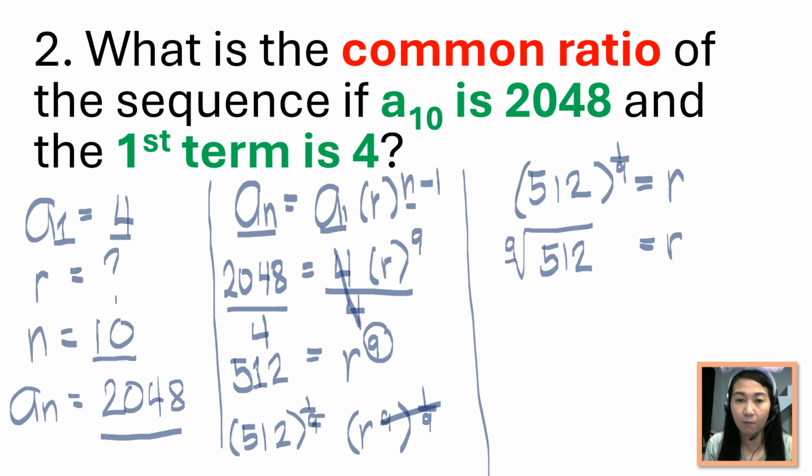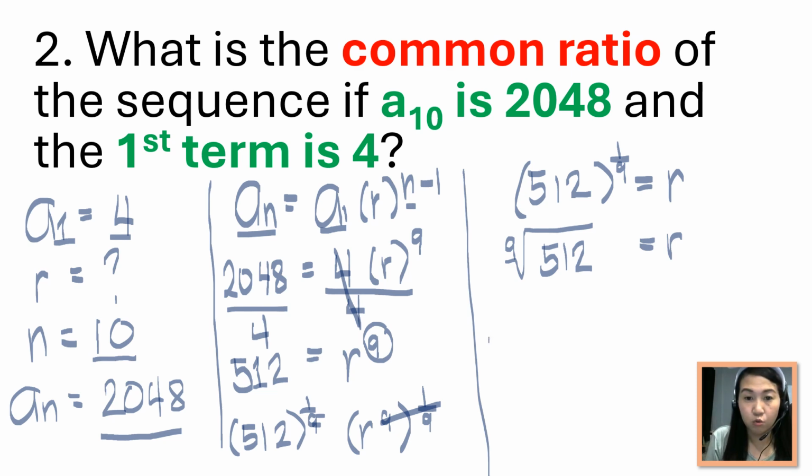It means what is the number you are going to multiply 9 times to itself, and then we'll give you the answer of 512. The technique here is you need to start with the lowest number. So I am always starting with 2. If it's still not enough, you can go ahead with number 3. Okay, so let's start with 2. Let's try to multiply 2 9 times to itself. Let's see if we are going to get 512.